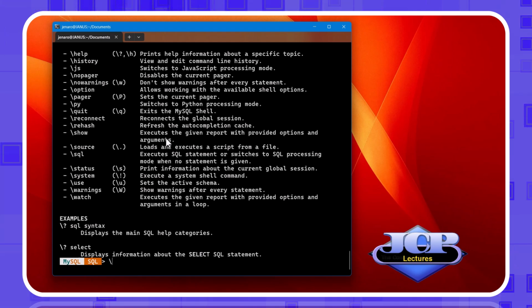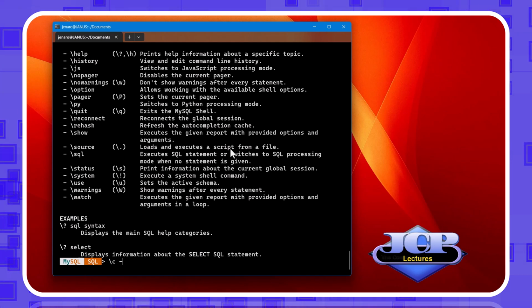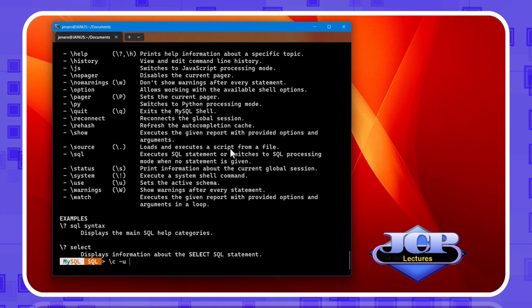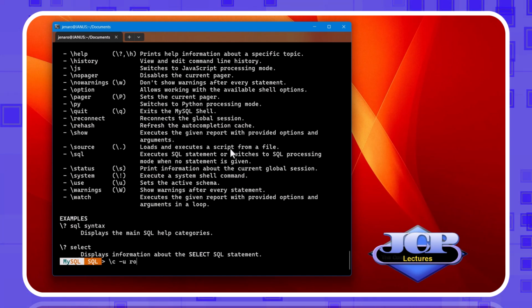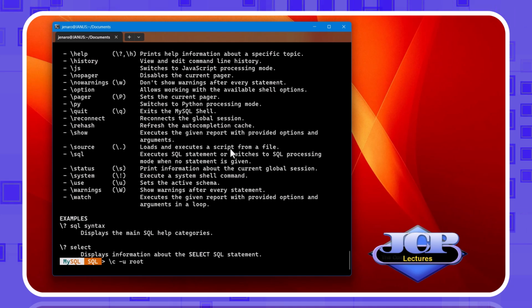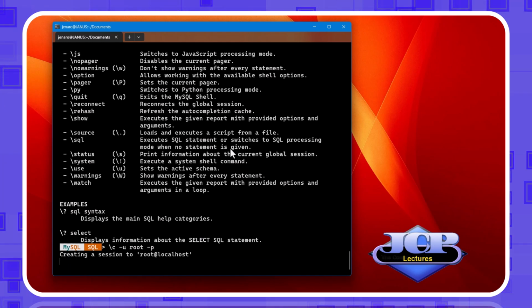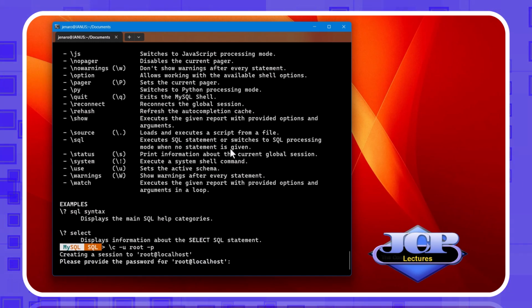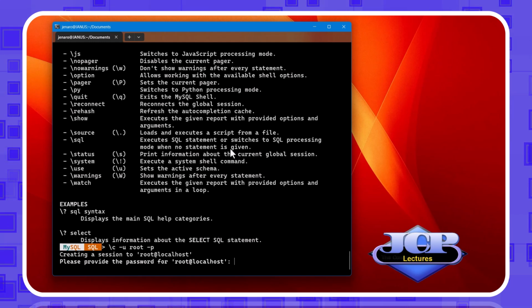With \c -u root -p we can connect to the MySQL server with user root.